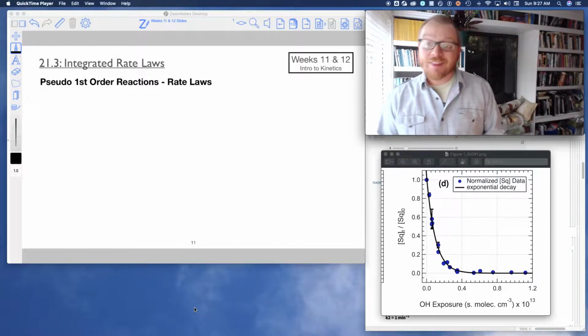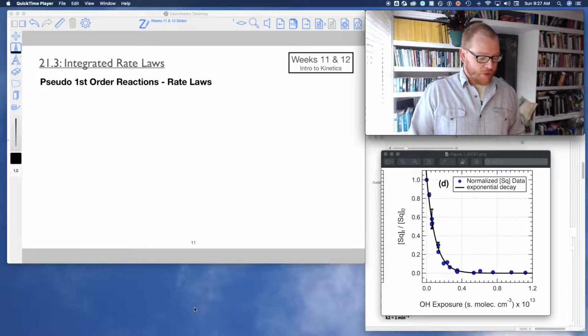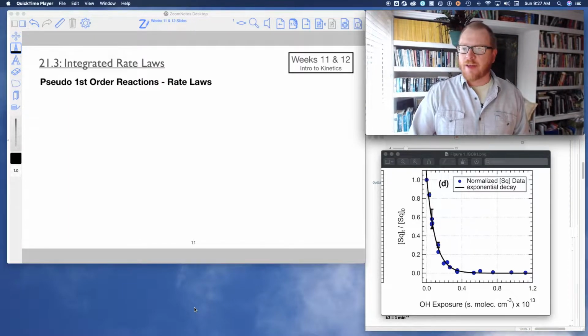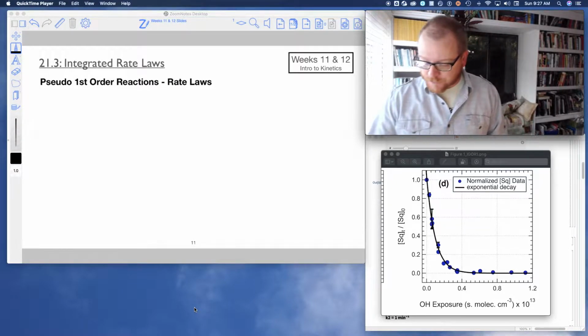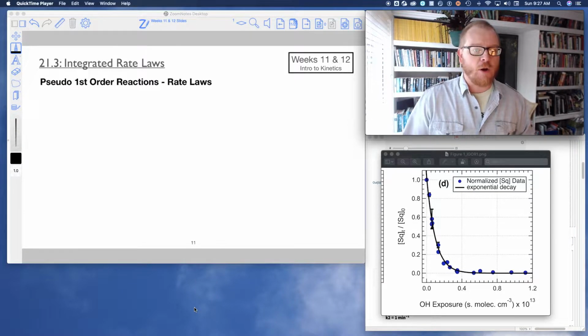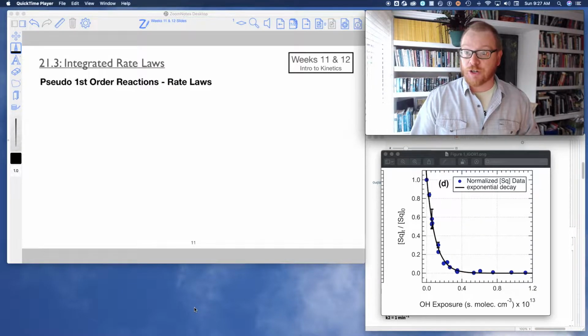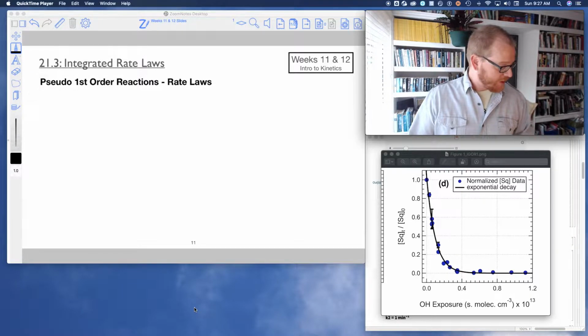Continuing along with this kinetics. So we're gonna get into what I think is some really cool stuff. I think I'm probably saying that at the beginning of every single one of these videos. So I'm gonna get into, on this lecture, pseudo first order reactions, which I'll describe here momentarily. And I think I should have enough time to also talk about equilibrium, as well as temperature based reactions. So reactions affected by temperature. So I'm going to keep my eye on the time, and we'll see how many of these slides I can